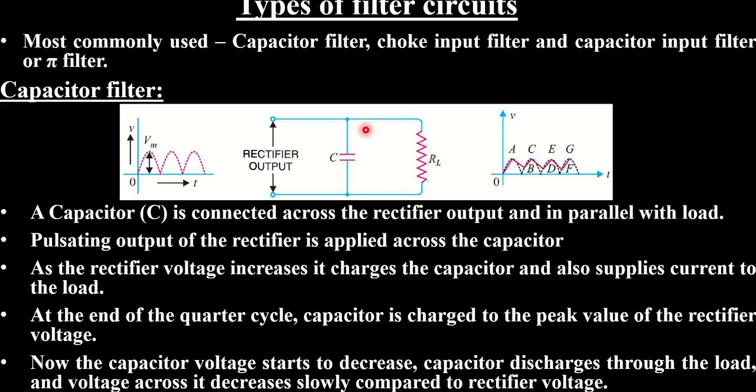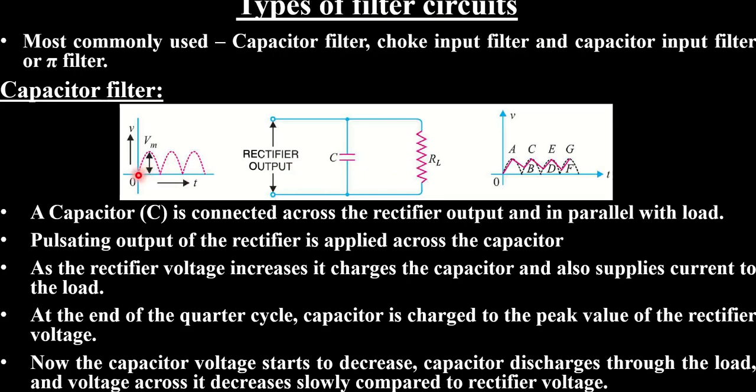So the majority of the AC signal has been filtered by this capacitor. This type of capacitor is otherwise called a bypass capacitor because it bypasses the AC component of the rectifier output from reaching the load. Now let's have a look at the details of how this action comes about.